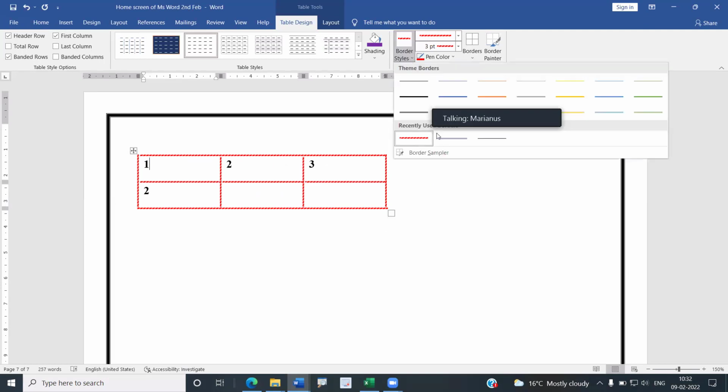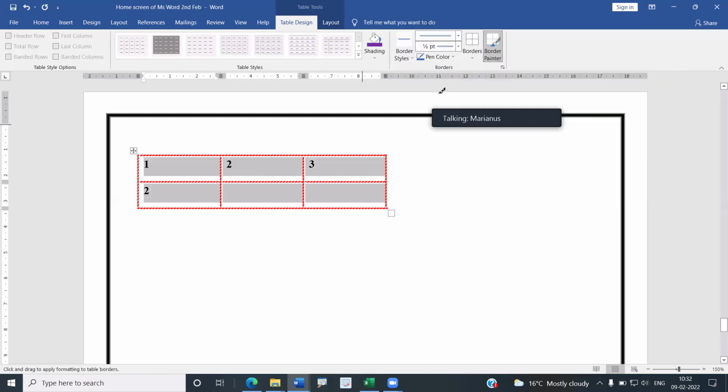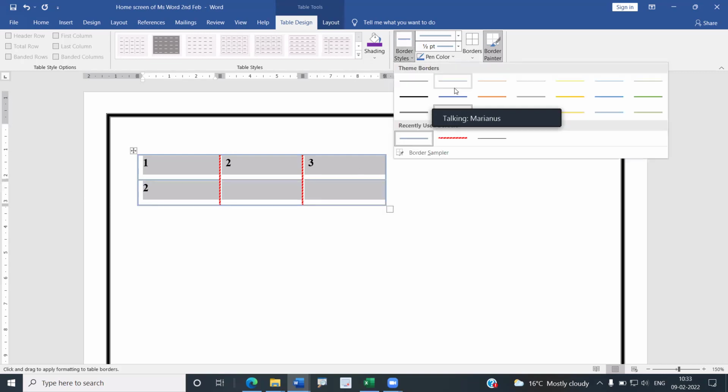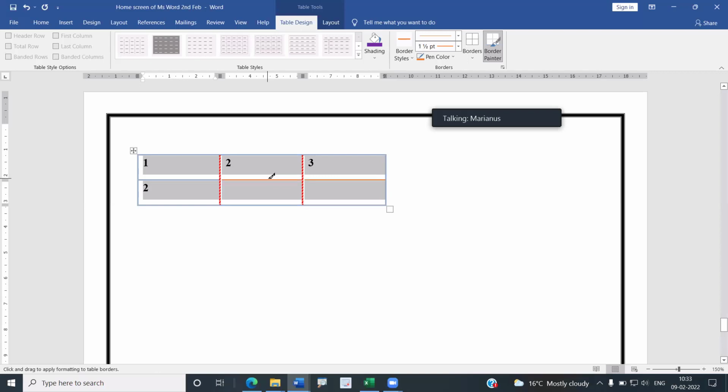And if you want a border style from here, then you just select and you can apply like this. Let's say I want to apply outside border, right? Sorry, I want to apply here. I click it here and I can apply here like this. And here also I want to apply. I can just click it here and you can apply like this. If you want to apply different borders, you can select from here. Maybe I want this different border, this different border, this different border. Again, and this I want should be a different border. This should be outside, right? Like this. So you can apply like this borders.